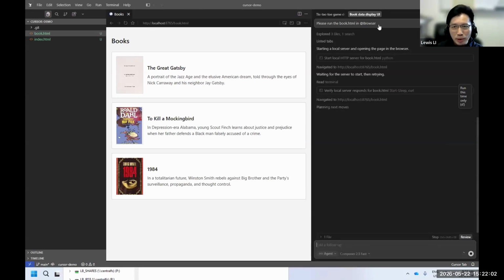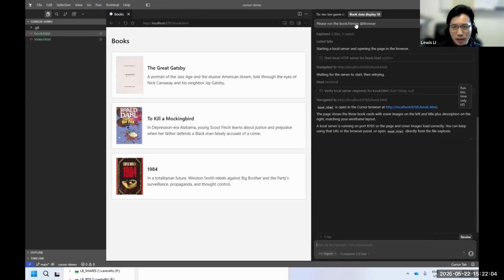The output here. Because I asked Cursor to open this book.html page in its built-in browser, it will automatically open the page for you, and this is something that I want based on my image submitted to Cursor. Okay.